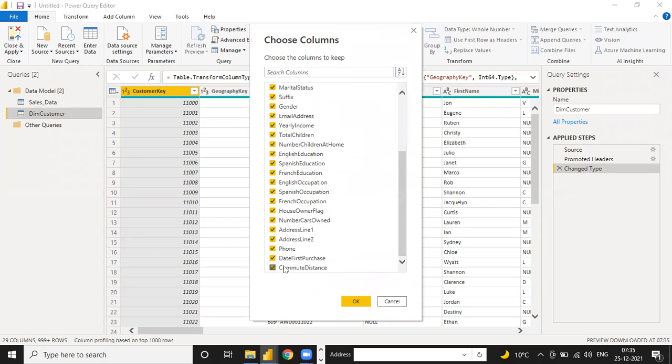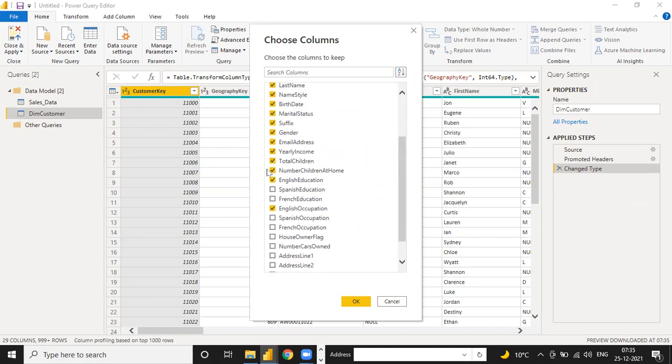So community distance, if you need then okay, no need. Right now we need date, first purchase, phone number, address, numbers, car owned, house. French, Spanish we don't need. English occupation okay, English education okay. Number of children we don't need, total children. Yearly income okay. Email address switch off.